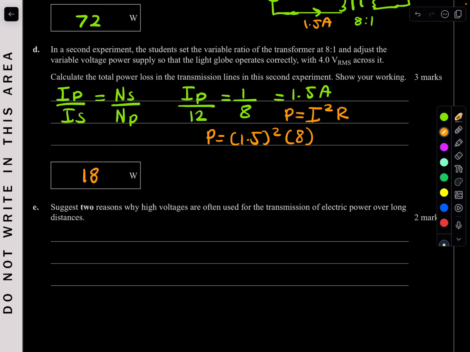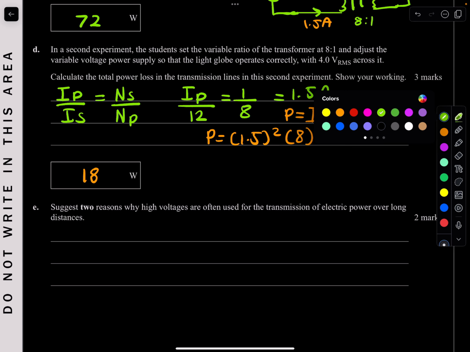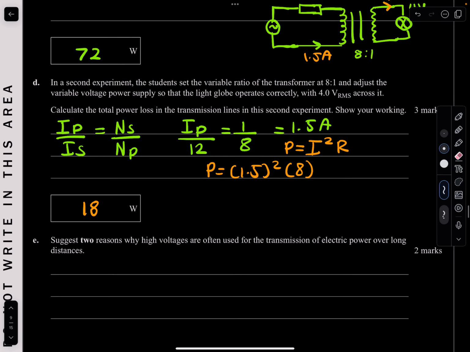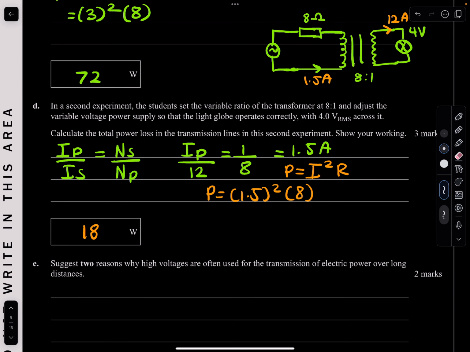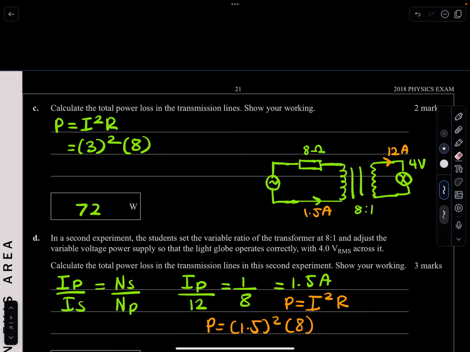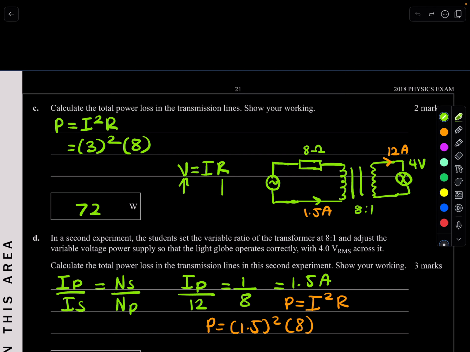So that will give you 1 mark. But another thing we can talk about is, because you are using high voltage, your current will decrease in the transmission line. This will increase the resistance in the transmission lines. Remember from the formula, V equals IR. If your voltage is highly increased, the resistance is going to slightly increase too. And that's actually a good thing, because